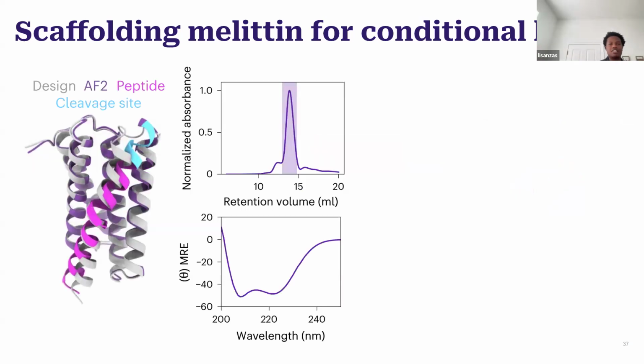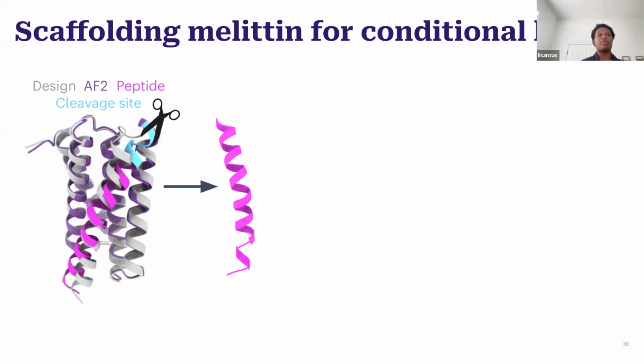And so we went ahead and synthesized this protein and saw that it elutes at the expected volume and has the expected CD spectra. But next we want to see, in the presence of furin, does the peptide get released? Furin is here, cleaves at the specific cleavage site, and then outputs melittin. Now the question is